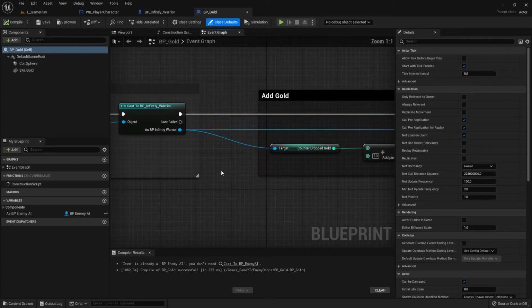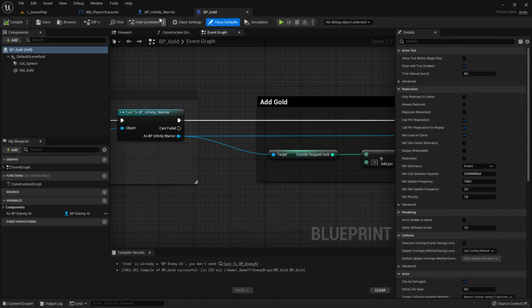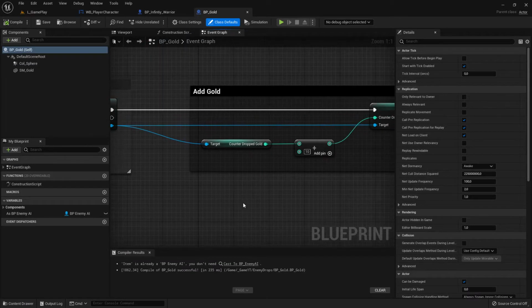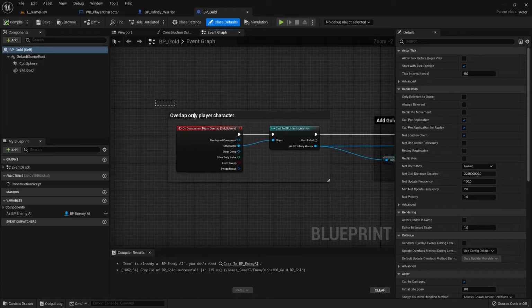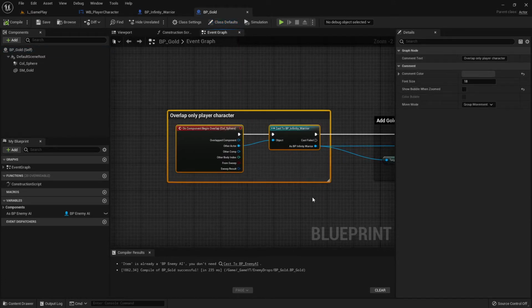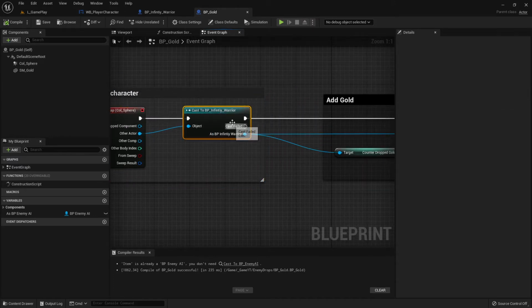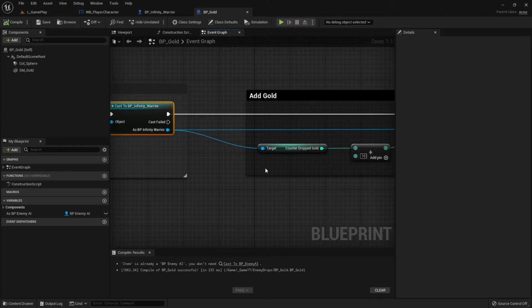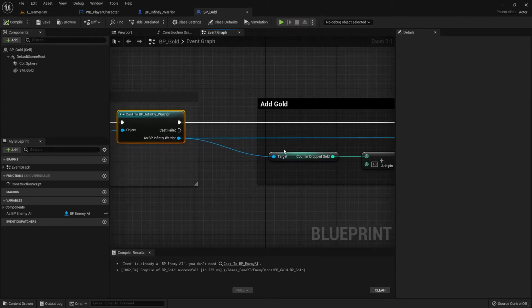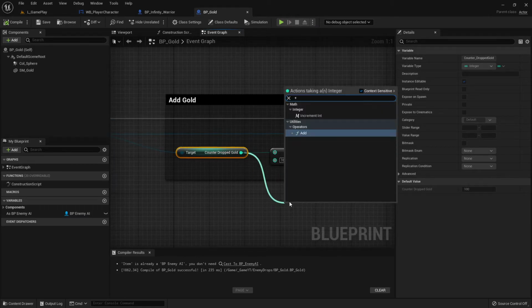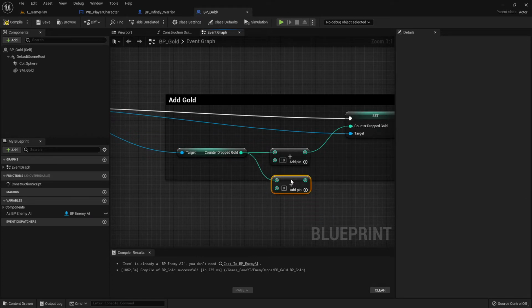going to do is use the variable we created in our last video, that was this counter drop gold, and we will now get this here because we know we will overlap with our character, and from this one we have our character as a reference, and then we can get the variable, and then you can make a plus. So for example, you want to add something. Plus means I want to add something to the variable, and then you can set the amount of how much you